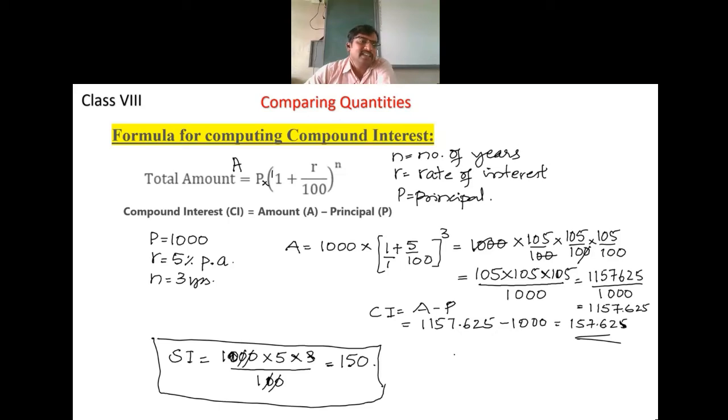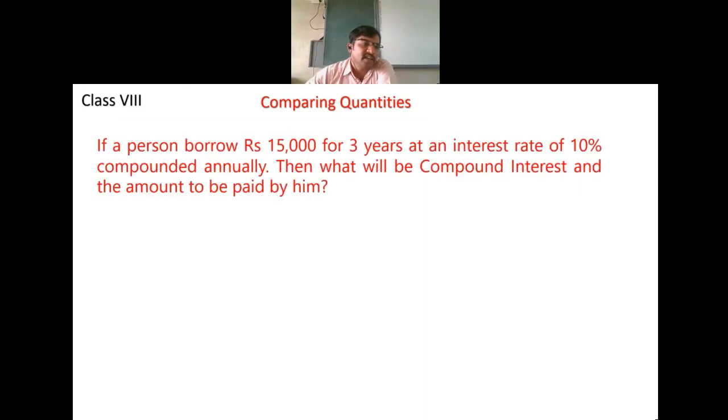Now, I gave an example of a bank employee. That's because look at the principal amount here. I have taken only 1000. If it is 10 lakh rupees, and simple interest and compound interest are being calculated, simple interest will be very less compared to compound interest. So you can observe the difference. A huge gap is there between compound interest and simple interest. If the amount is more, there will be bigger gaps.